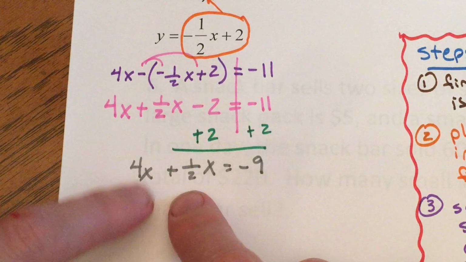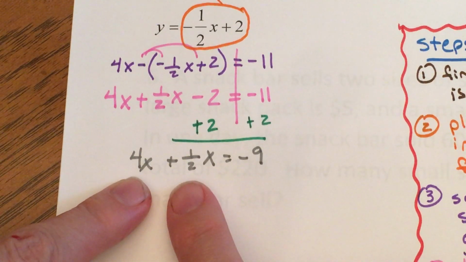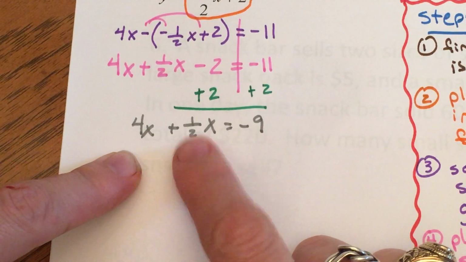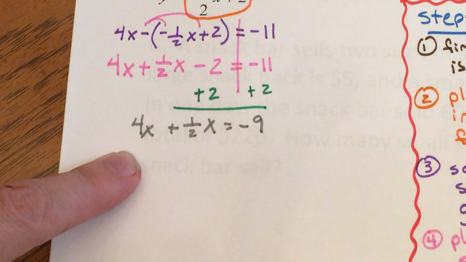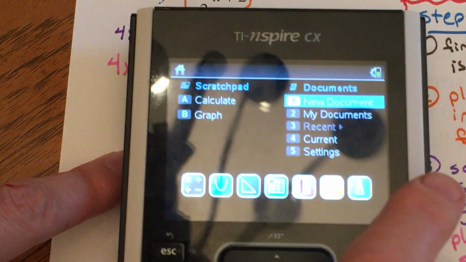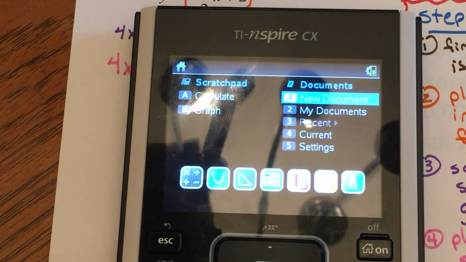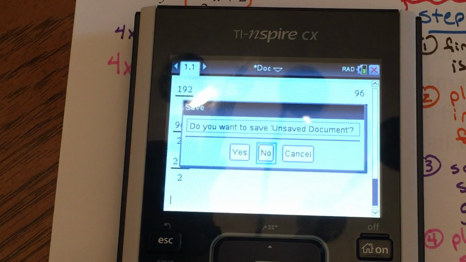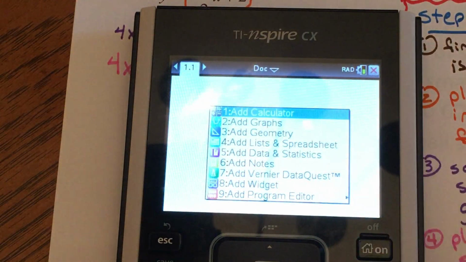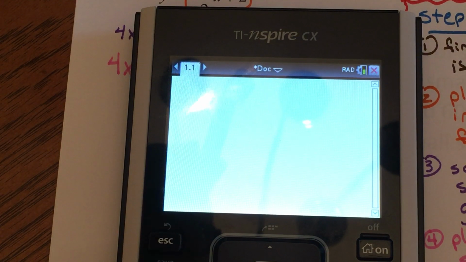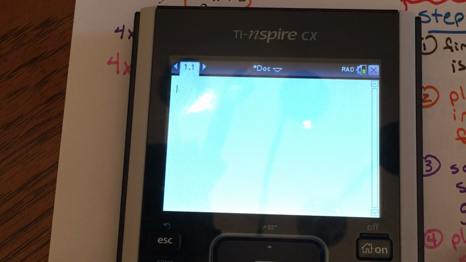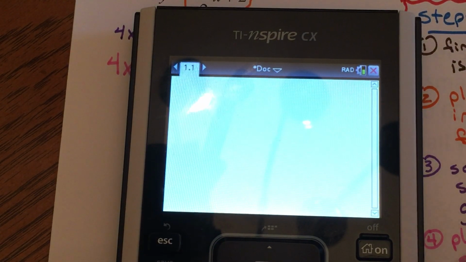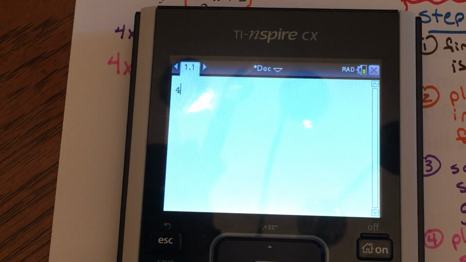Now, this is where a lot of people get very uncomfortable, and I want to help you through this. So 4x plus 1/2 x. If you will get out your calculator and turn it on, let's go to a new document, never save. And we're going to add a calculator. So this app will add the fractions for you very nice and neatly. If you push 4 plus